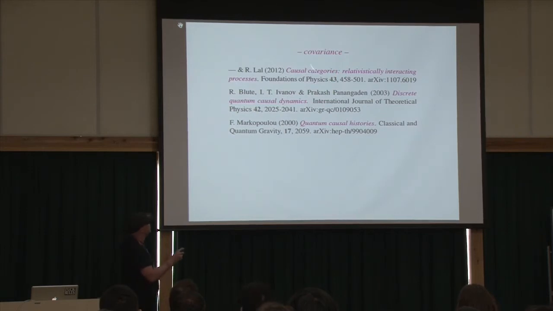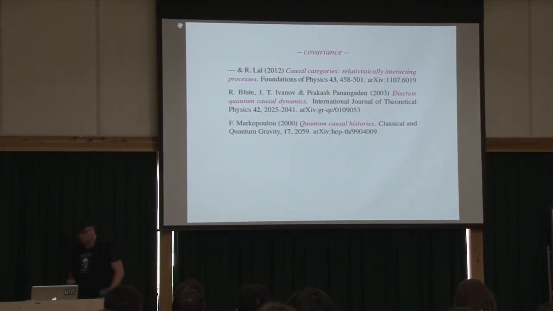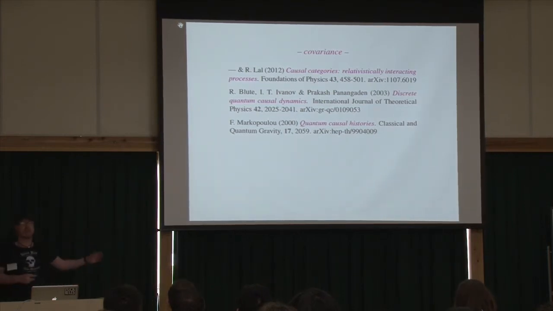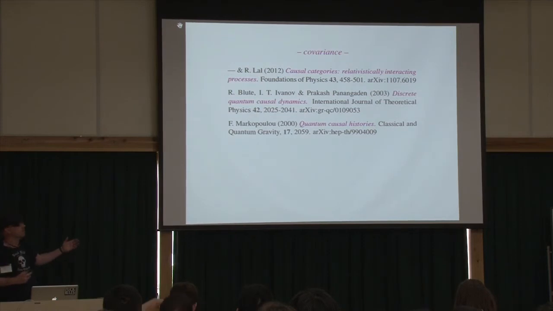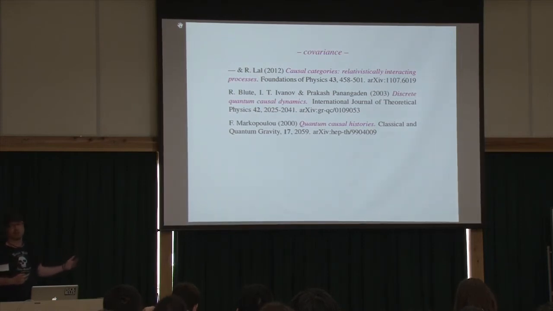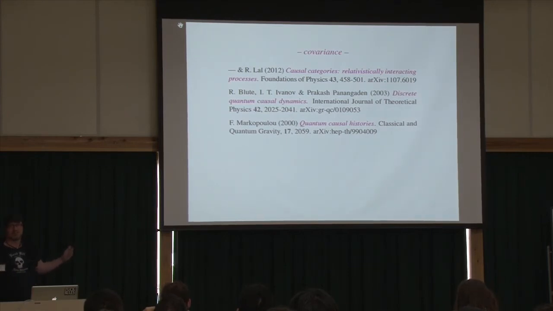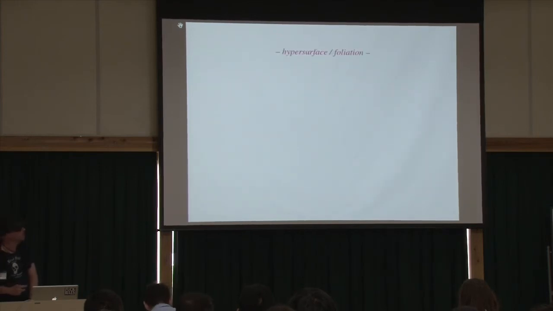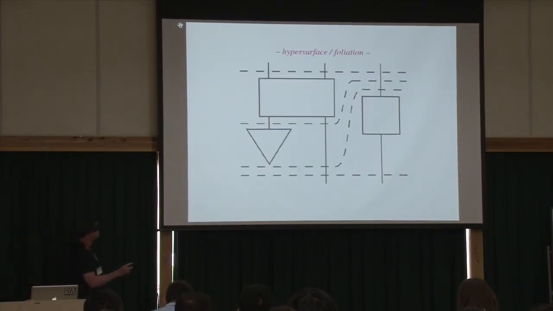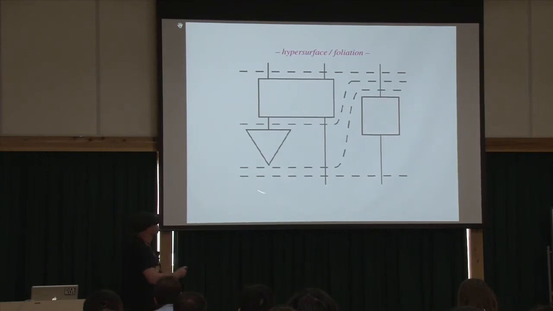This is an argument we had in this paper, but earlier it was in the paper by Nakash and Blume, which actually traced back to Fortini's work. Although in all their proofs, they didn't realize that what they were proving was just a consequence of normalization. They were just using normalized stuff, so they never saw normalization as the thing doing all the work. And so if you consider a hypersurface foliation, here you've got some diagram